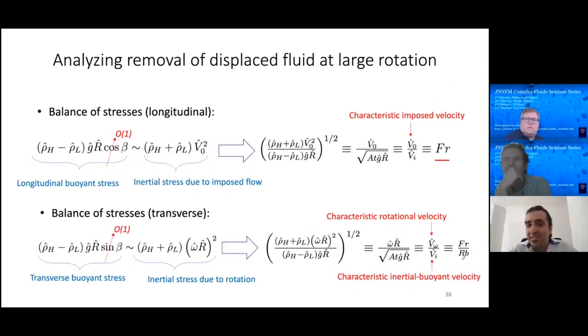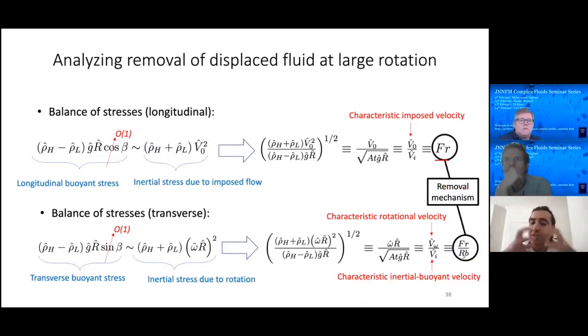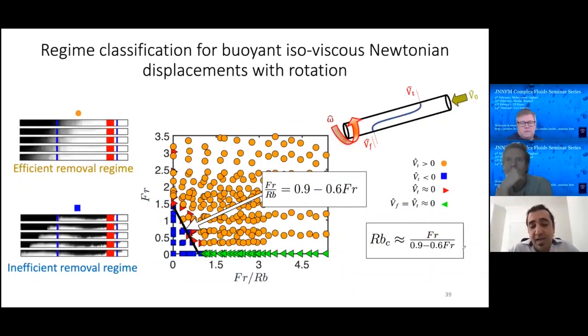So if our analysis is correct, the removal of the displaced fluid should be explainable versus the Froude number and Froude over Rossby number. Indeed, we observe that by plotting our experimental data in terms of efficient removal and inefficient removal in the plane of Froude versus Froude over Rossby number, they are completely segregated. And basically, a straight line